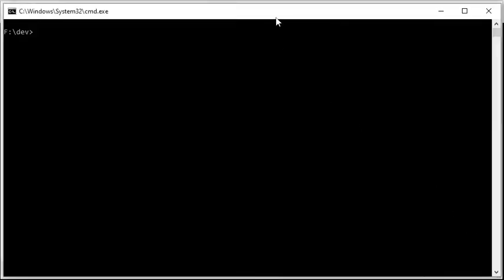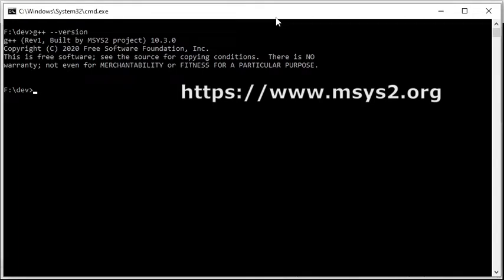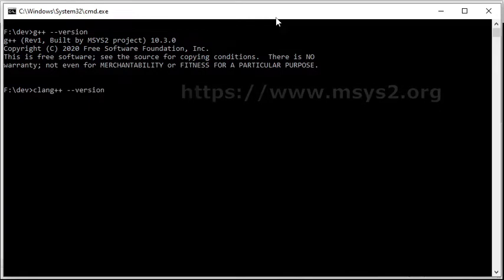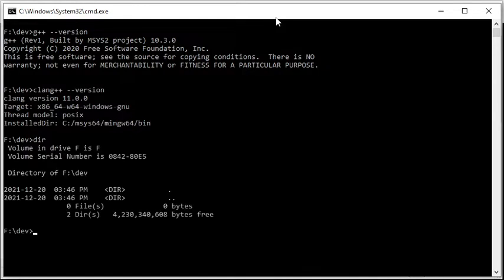In this video I am using Windows 10, and I have installed MSys2 with the compilers G++ and CLang++. The G++ version is 10.3. The CLang++ version is 11. The Windows command dir shows that I am starting with an empty directory. Now I create a new directory named CPP with the Windows command md and then navigate into it with cd. Then I start Visual Studio Code in that new empty directory by typing code and a dot, which is the path to the current directory.